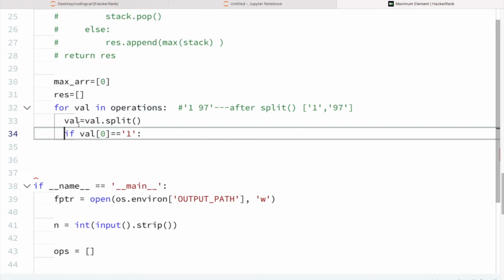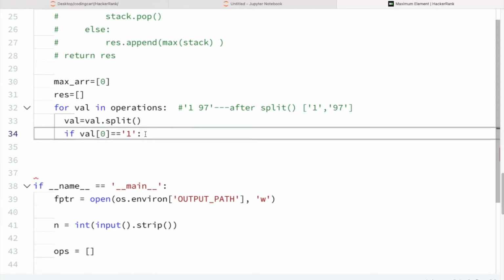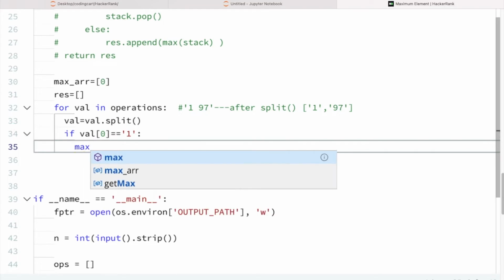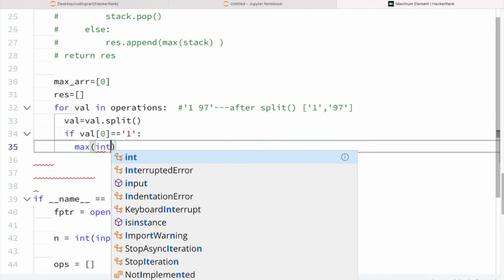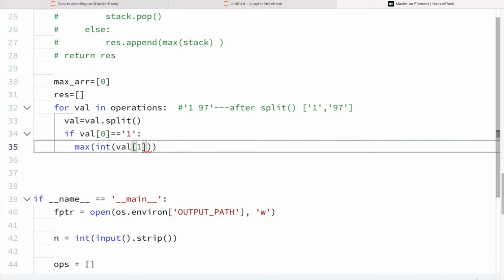Now here we got val. Again we are going to split the val. Now we check if it is operation 1, then we have to find the max of the incoming value. So the incoming value is int of the value present at index 1.